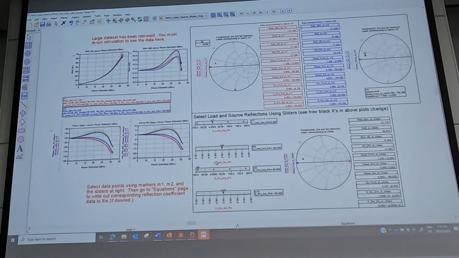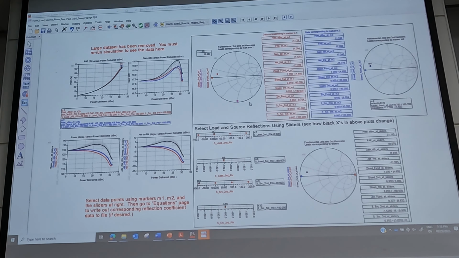Okay, I have a two-stage load pull example, which I'd like to show briefly.